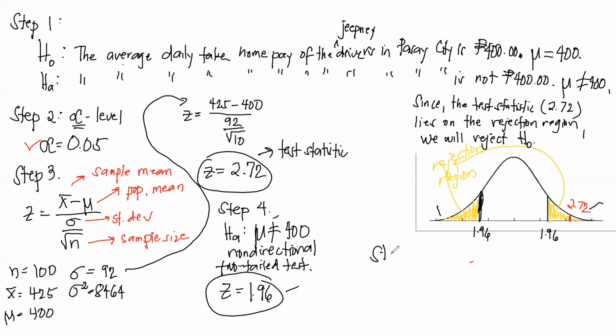And that leads us to step number 5. Since the null hypothesis is rejected, the alternative hypothesis would be not rejected. And this would become our conclusion. Hence, our conclusion would be: the average take-home pay of